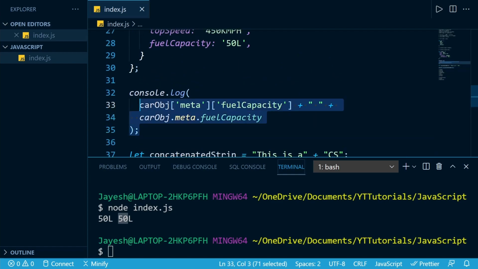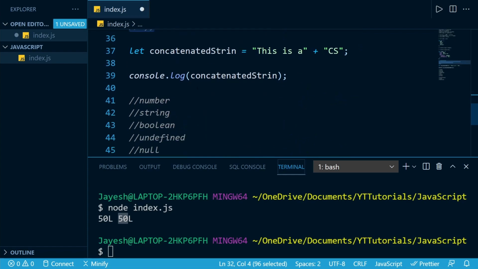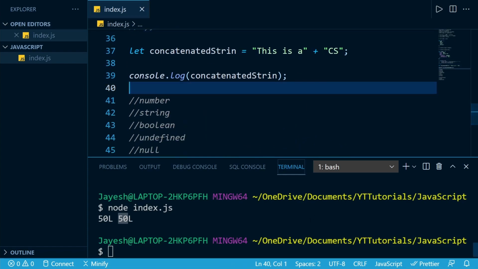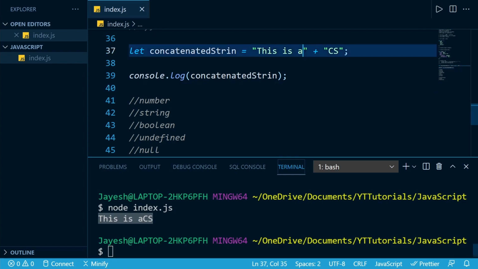first of all, let's comment out our previous console log. So when we try to console log this now, as you can see here, we get "this is a CS". We do not get the space between a and CS because we do not have a space between them. When we use concatenation, it's the same as saying something like this, okay.